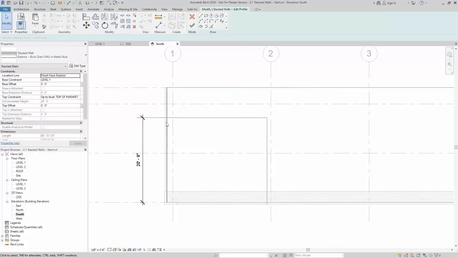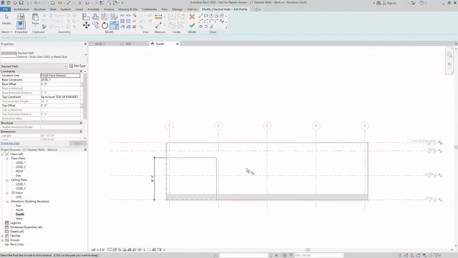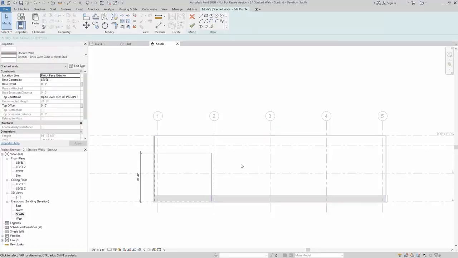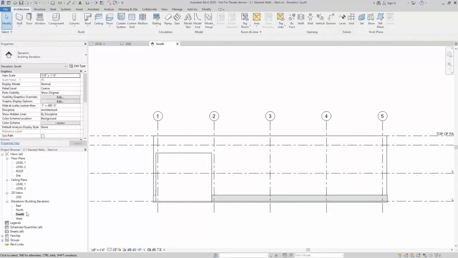With these 2 lines drawn, I can use the Trim Extend to Corner tool to create my continuous loop. This is important to have whenever we use the Edit Profile tool, because anytime I'm modifying a profile, I need to make sure I have a continuous boundary, no intersecting lines, and no overlapping lines. Once I'm sure I have that set, I'll finish the sketch